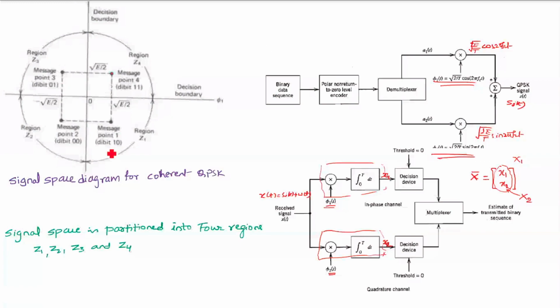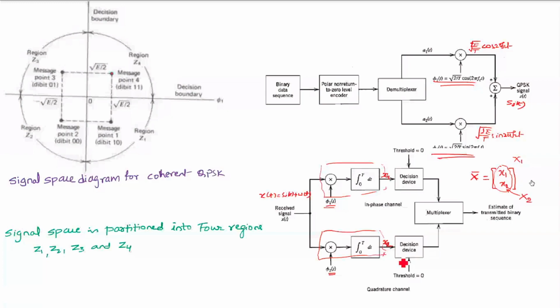If it falls inside the region Z1, we say it is 1 0. The decision device will check if x1 is greater than 0, it will decide in favor of a 1. If x1 is less than 0, it will decide in favor of a 0. If x2 is greater than or equal to 0,